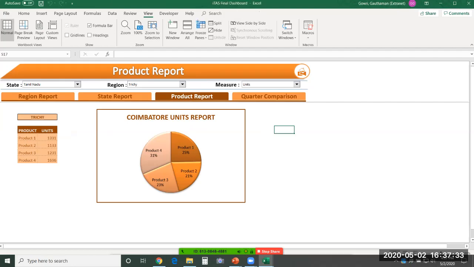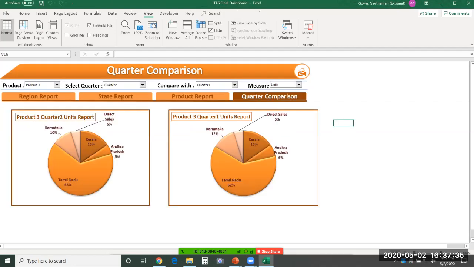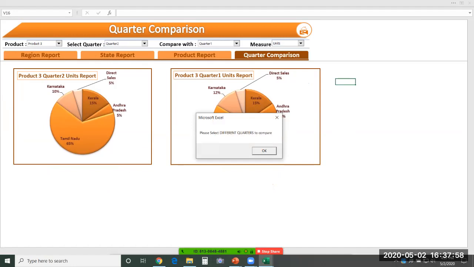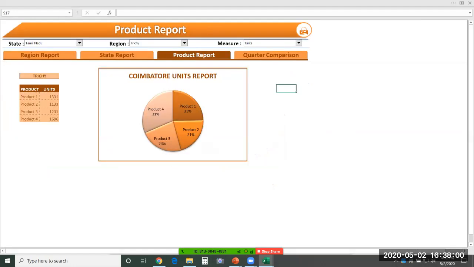We'll be teaching you all these things as well, in dashboard designing and automation techniques. If you're really good at Excel, you can also take up macros and dashboard designing and prepare such reports. I just showed you one example of such a dashboard, with all the button navigations that we have.